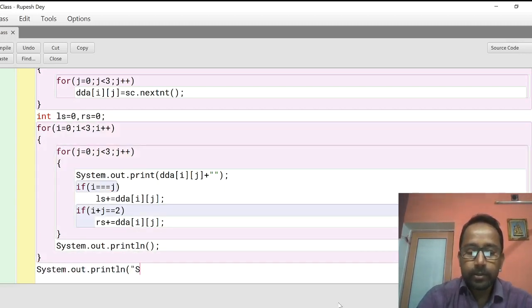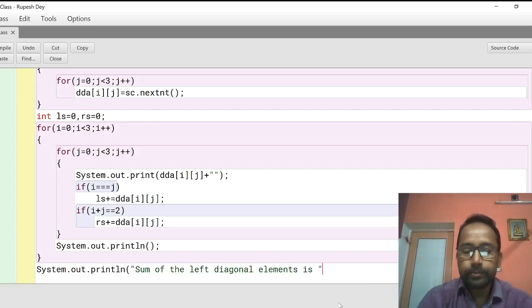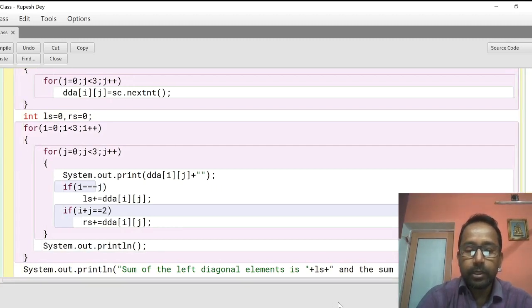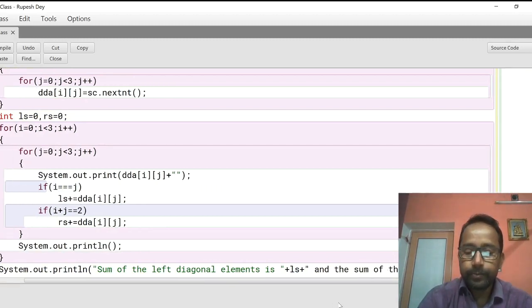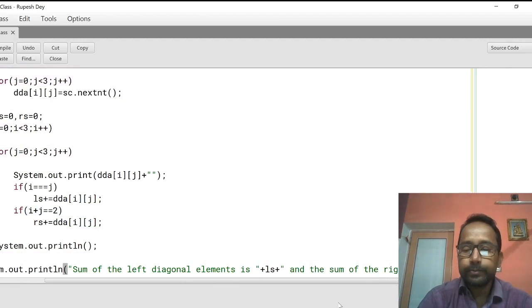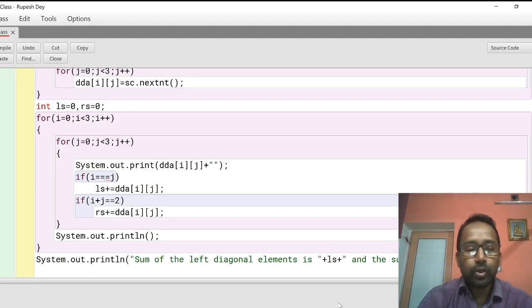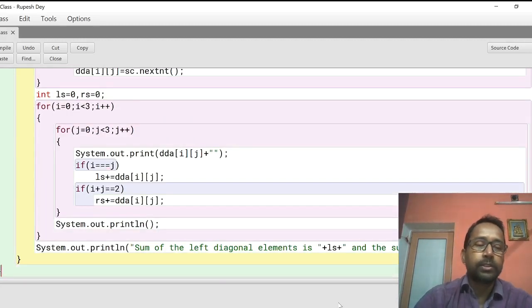System.out.println, "sum of the left diagonal elements is" plus ls, and "the sum of the right diagonal elements is" plus rs. Over, close your function and close your class.